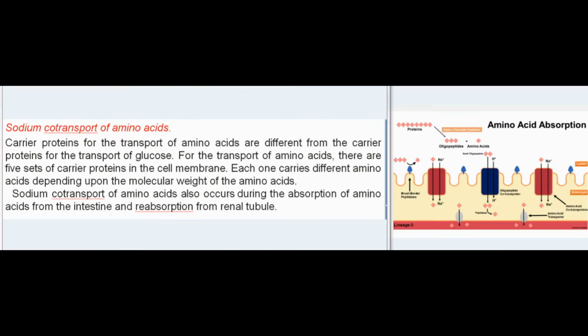Sodium cotransport of amino acids. Carrier proteins for the transport of amino acids are different from the carrier proteins for the transport of glucose. For the transport of amino acids, there are 5 sets of carrier proteins in the cell membrane. Each one carries different amino acids depending upon the molecular weight of the amino acids. Sodium cotransport of amino acids also occurs during the absorption of amino acids from the intestine and reabsorption from renal